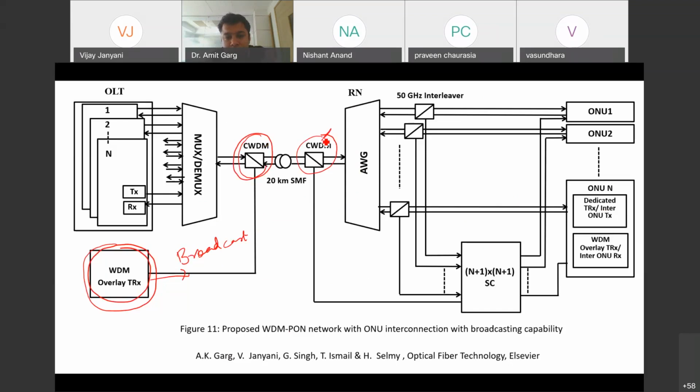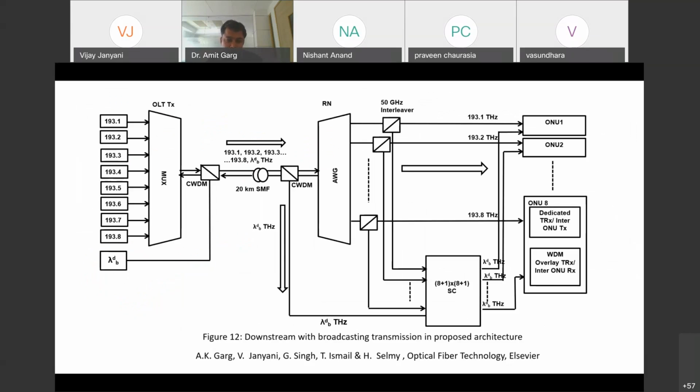This is a similar type of device, but it is a coarse WDM because its function is not as involved as the AWG, which involves n number of inputs. Here it will have only two inputs. So this is the proposed scheme. Now let us see how it is working. You can find more details in the published papers.